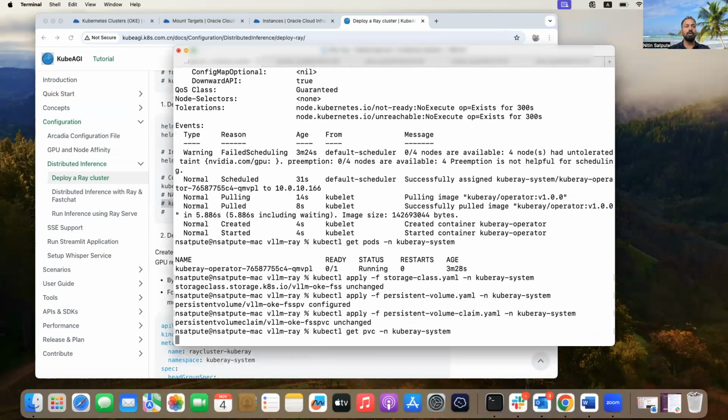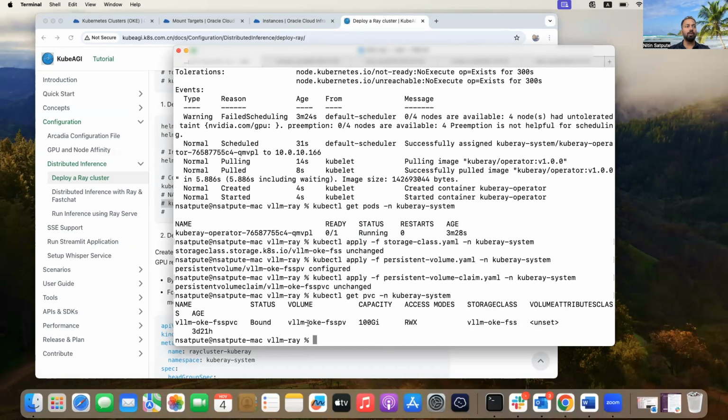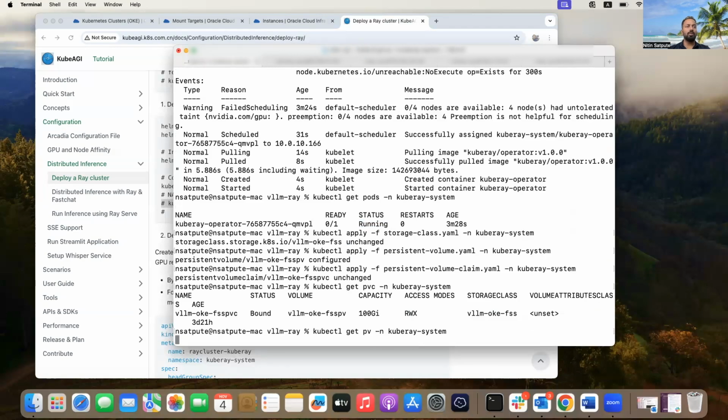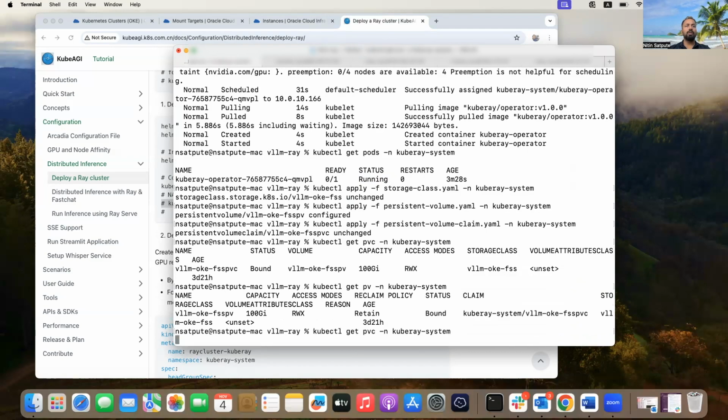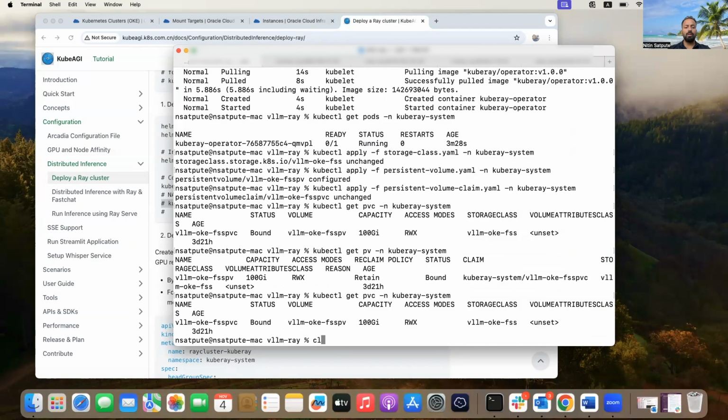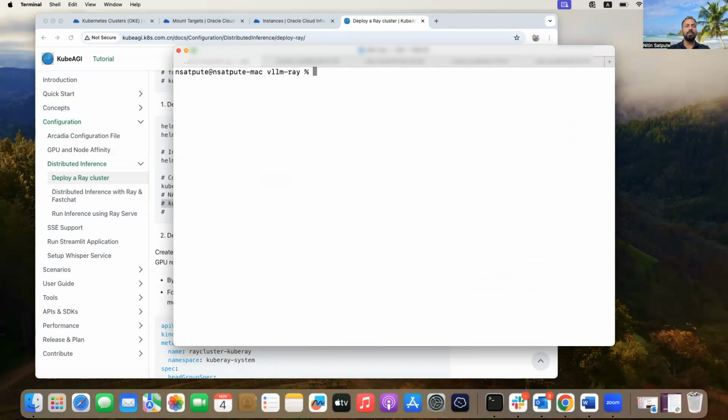Now let's see all the pods or the PVC, basically the persistent volume claim, whether it is running or not. If there is any problem, we will get to know about it. Okay, it seems it is perfectly fine. There are no problems. And the same thing we can do also for the PV, which is only persistent volume, not the claim. This seems to be okay. This retain, and then yeah. So now we have the persistent volume claim, which is already deployed. Now it's time to